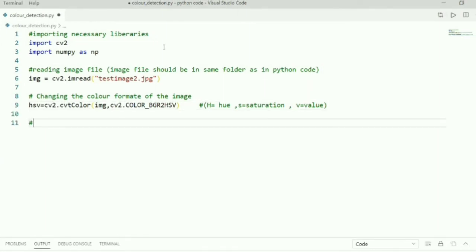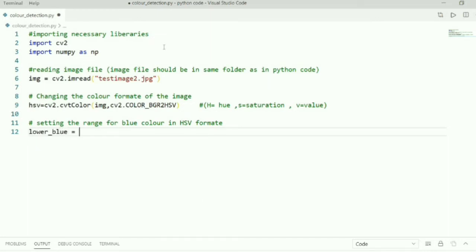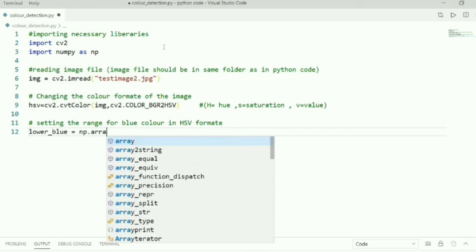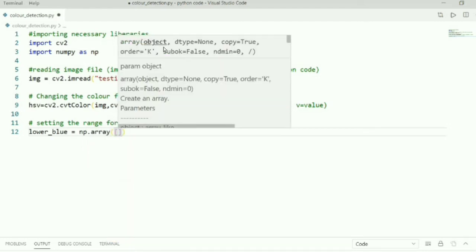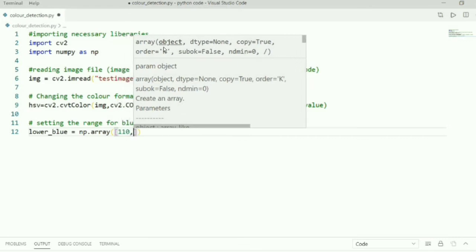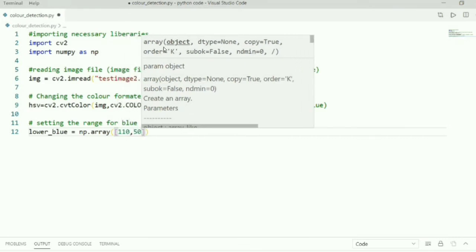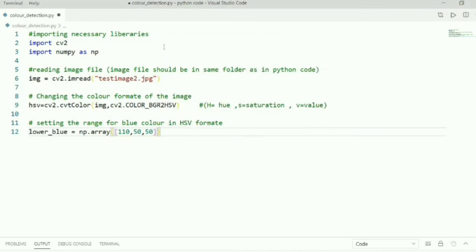After completing the HSV part, we'll be setting the range for our blue color. You just need to remember that the HSV part and the things we'll do next will be the layers that we're going to put upon our images. So we are setting the lower range of our blue color: lower_blue equals np.array, and we'll give the values [110, 50, 50].